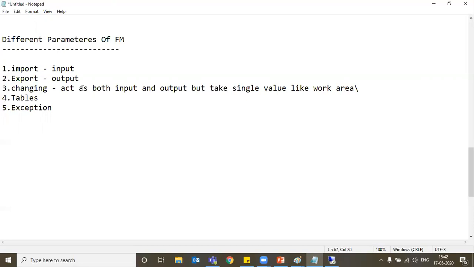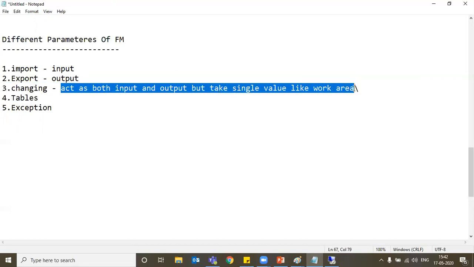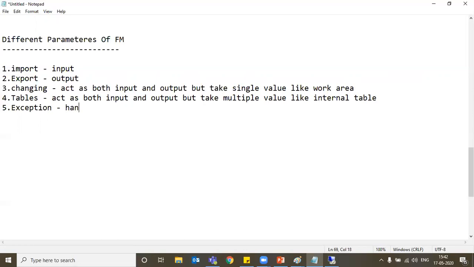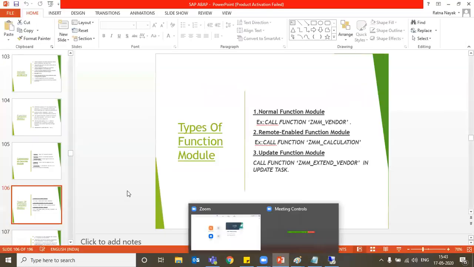In the same way, the tables also act as both input and output, with multiple values like an internal table. Exceptions handle errors. These are the different parameters, or components, of a function module.